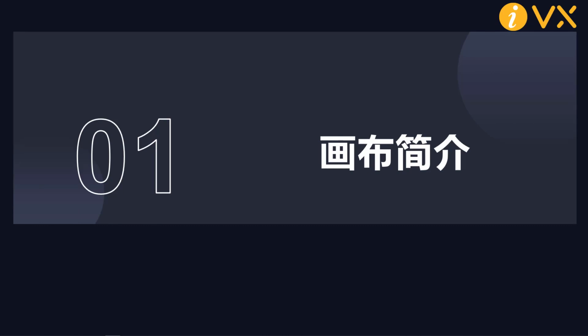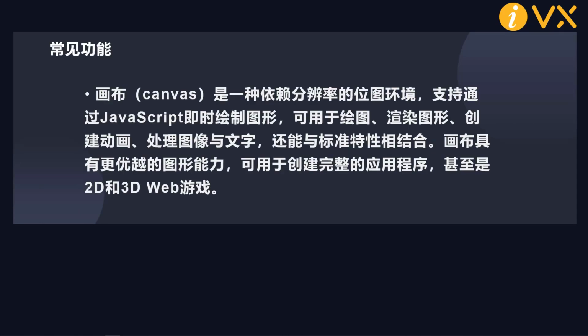First of all, we need to understand what our canvas is. It is a bitmap environment that depends on resolution. It supports drawing graphics in real time through JavaScript. It can be used to draw and render graphics, create animation, process images and text, and combine with standard features. The canvas has more powerful graphics capabilities and can be used to create complete application programs, even 2D and 3D